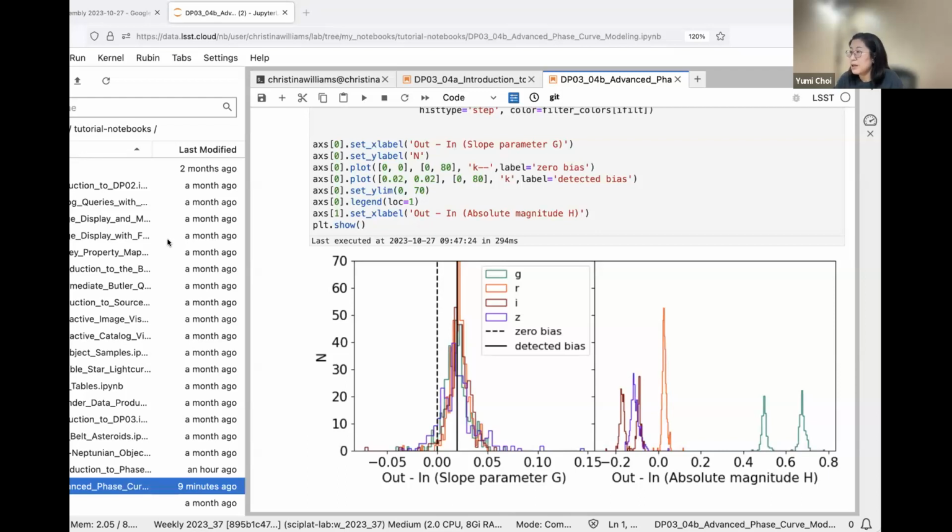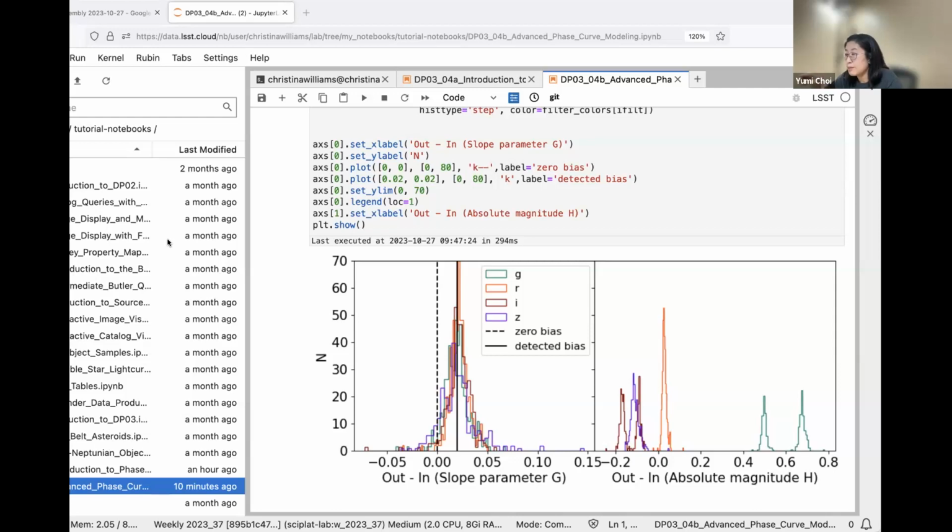We also see some bias between output and input for the absolute magnitude parameter as well. The MPC H is in V band magnitude, and we are in g, r, i, z bands, so there is a conversion between V and griz in the table linked in the text above the cell.